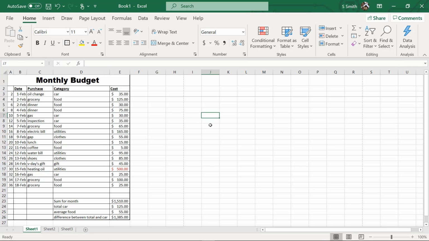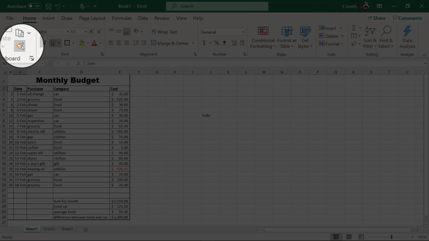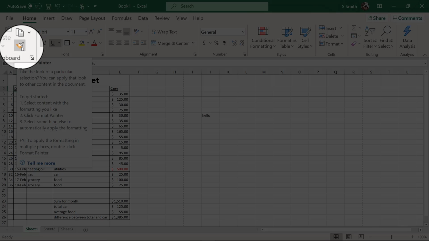Here's another option that's really neat. I'm going to click on a cell outside of all of my data. I'm just going to type in the word hello. Now I'm going to look over at my data and say, you know, I really like the way this cell looks. It says the word date, it's underlined, it's got a box around it. I don't feel like hitting all those formatting keys all over again. So I'm going to click on here and I'm going to go to this little paintbrush. This is called the Format Painter.